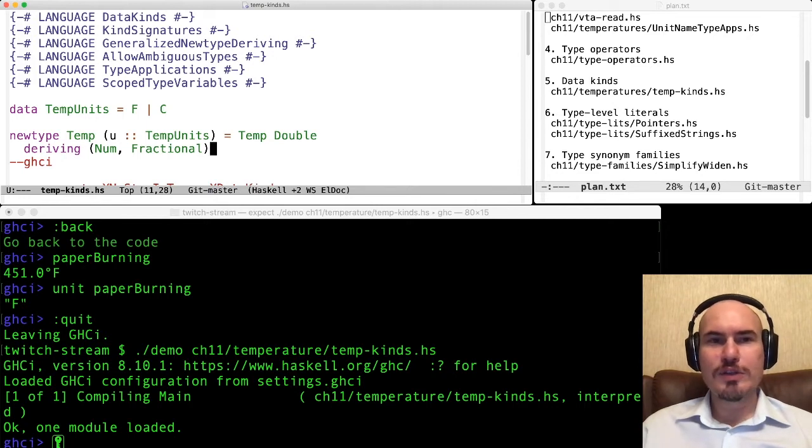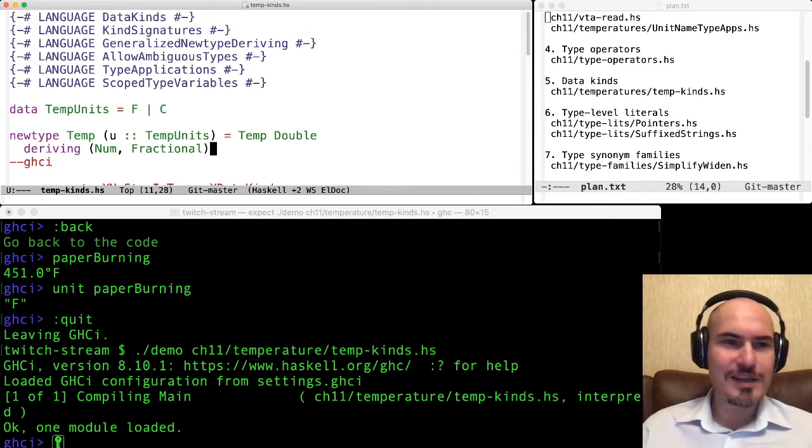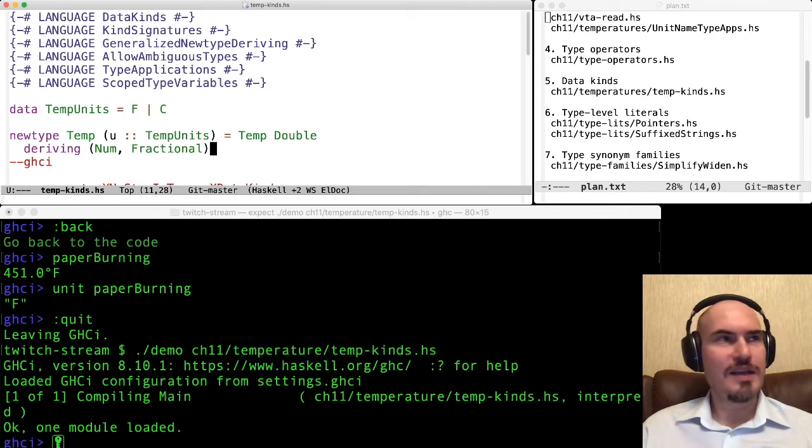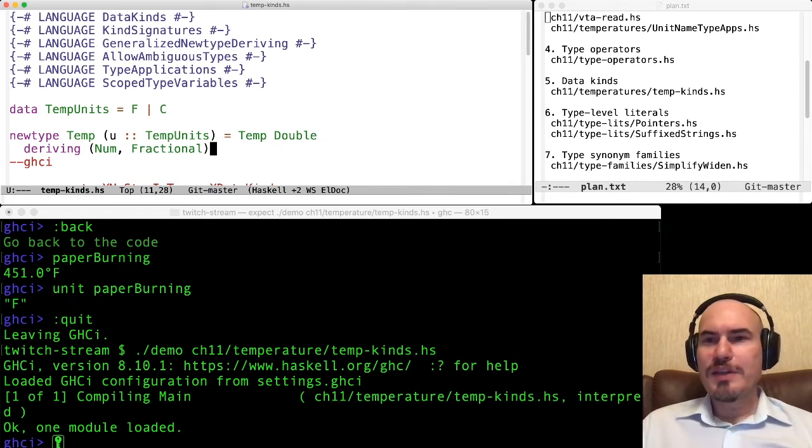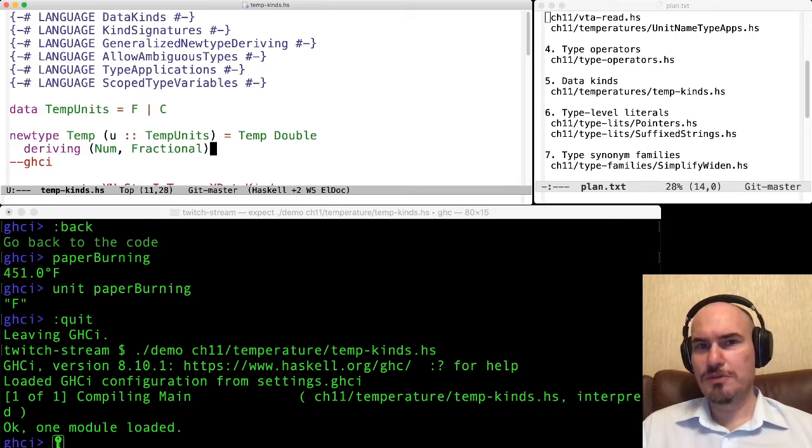It's quite old, and we have more extensions here, as you can see. Data kinds were implemented, I think, six, maybe seven years ago. So it's quite a mature tool right now. But now the idea is to control types. Remember, we had the temp bool type with phantom types, which is not very good.